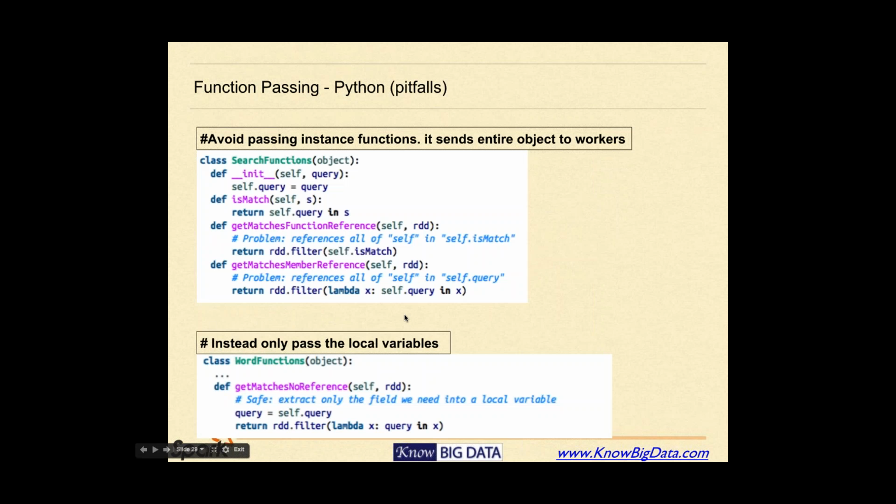Now there are a few things you have to keep in mind while passing functions to Spark. You have to be a little careful, and this is a big mistake which all of us make. In Python also there are classes and there are instance methods. Class is something which we have not covered in our discussion. Class is basically similar to a C++ or Java class, where we say class and the class name, and then we say